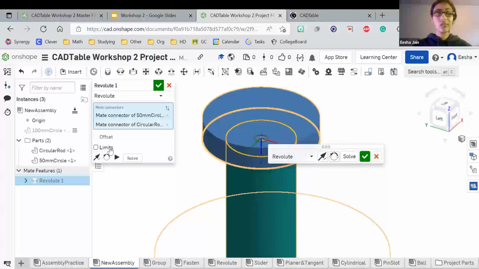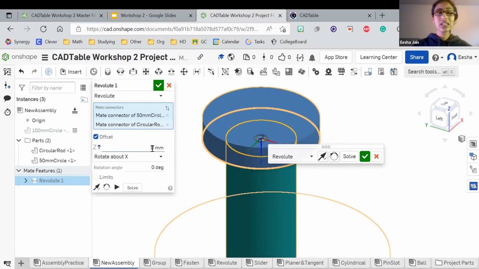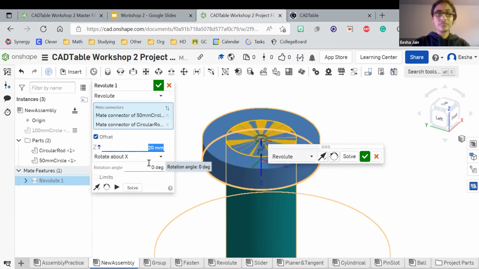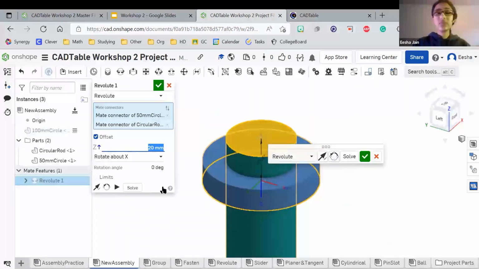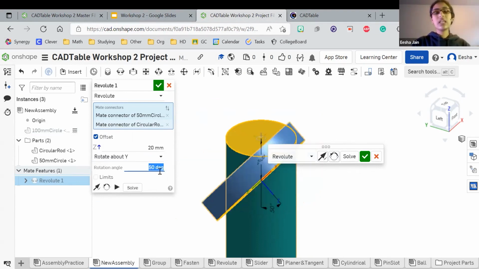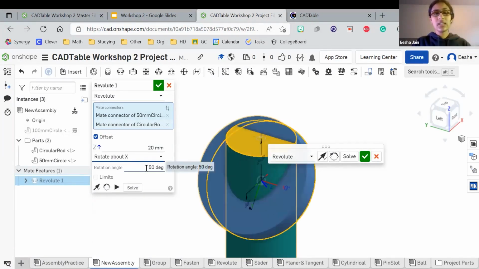Two important things that I want to talk about are these offsets. So you can move where the piece is. If you can't find a perfect mate, for example, you can't mate in the middle of this cylinder, but you want to mate that to this edge, then you can use an offset in order to roughly get that approximation. You can also rotate a piece along the mate,